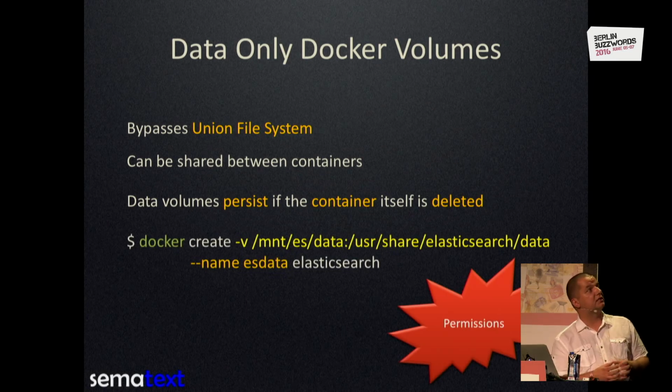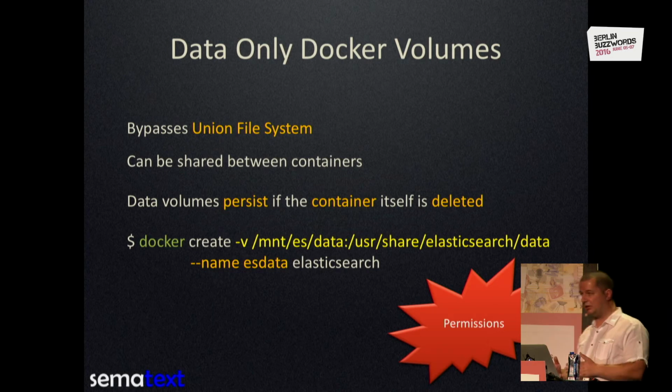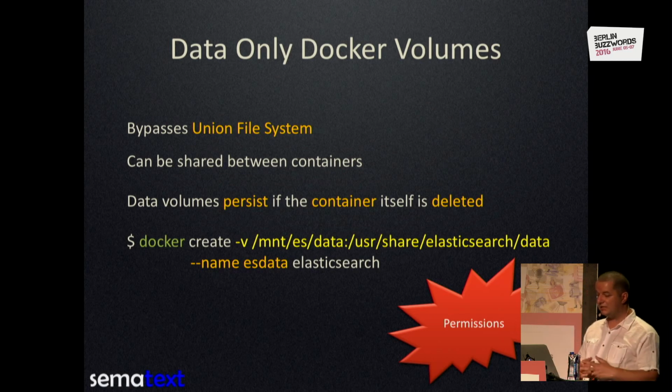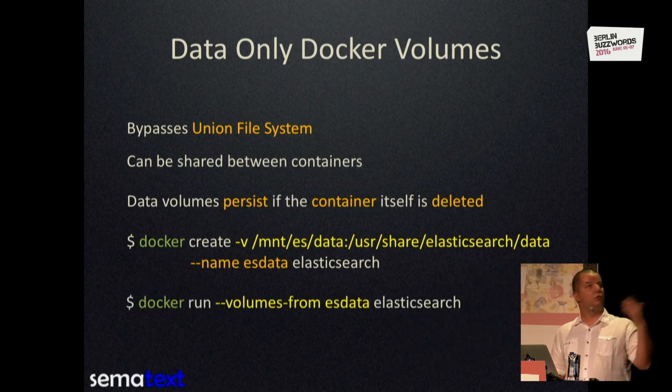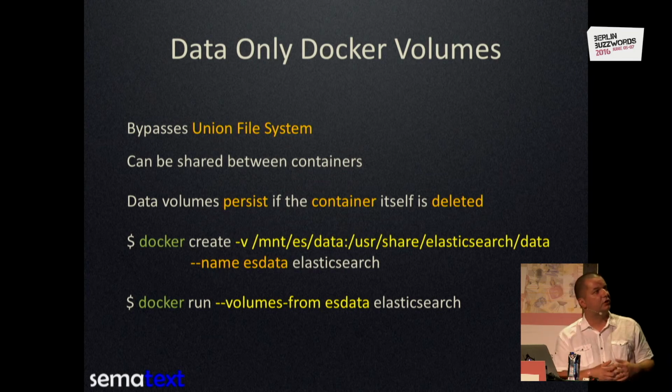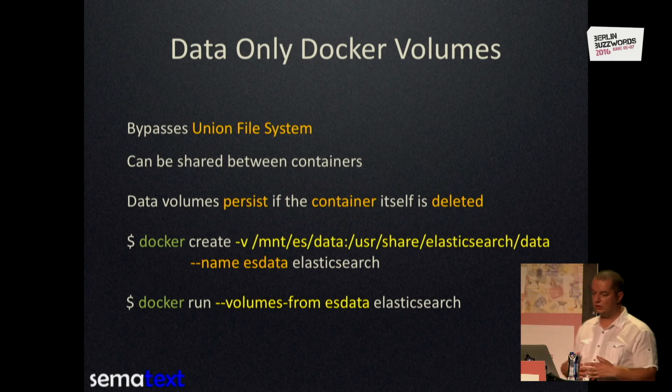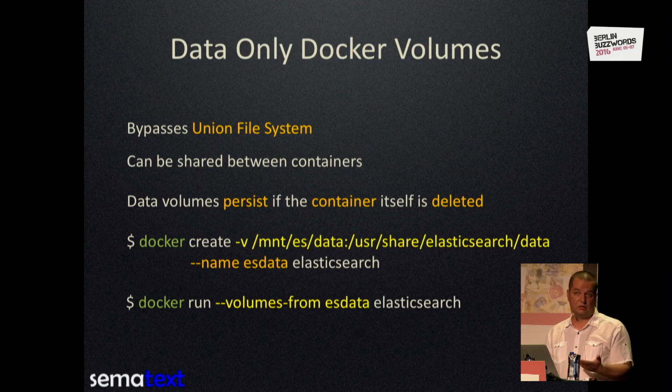It's as simple as running the following command: docker create. We map some part of our local disks to that /usr/share/elasticsearch/data. We provide it with a name if needed, like here, es-data. This is the name of the container. And finally, when running Docker and the proper container, the Elasticsearch container itself, we can say --volumes-from and give that name that we've used so that the container running Elasticsearch will be using the volume container